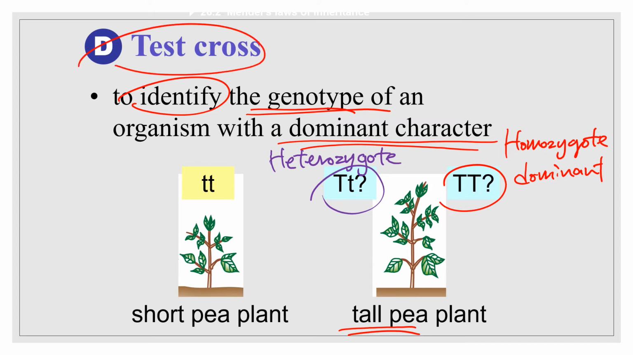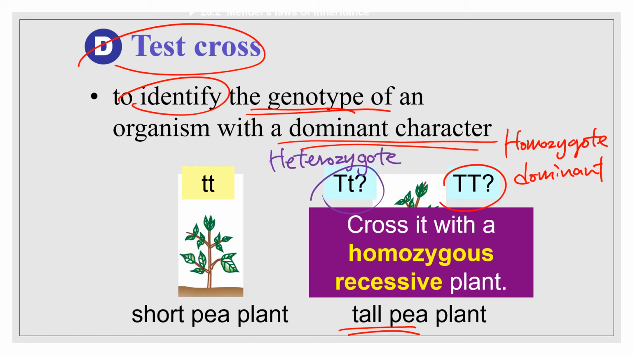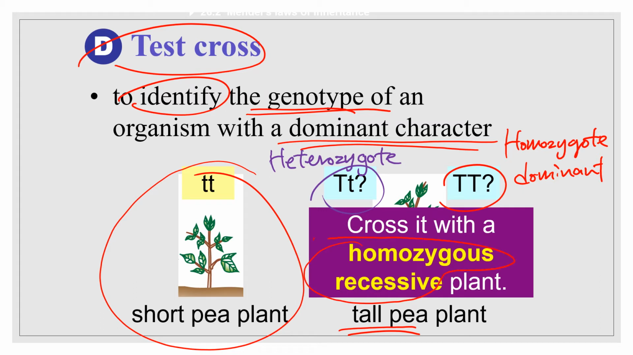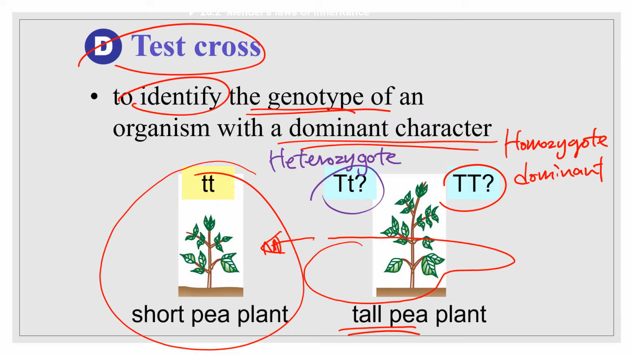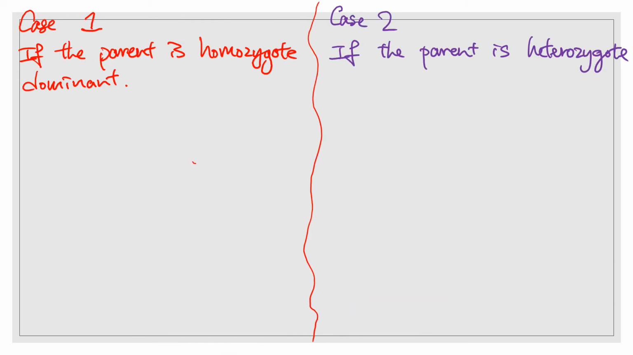That is to cross the plant with a homozygous recessive. After crossing with a homozygous recessive, you will know whether the tall plant is a homozygous dominant or heterozygote. So now you have two different cases over here, and let's try to do it one by one. Case 1. If your parent is a homozygous dominant, you have to now cross it with a homozygous recessive to